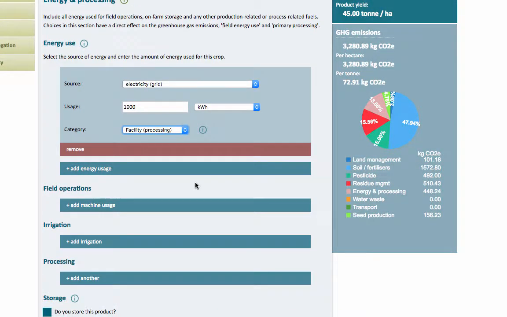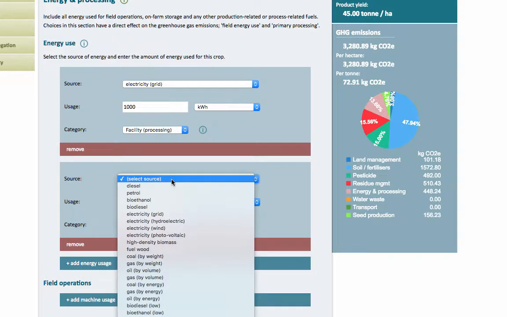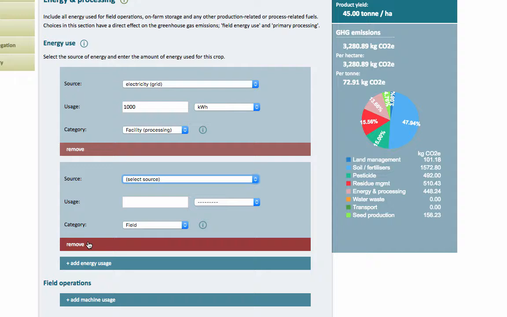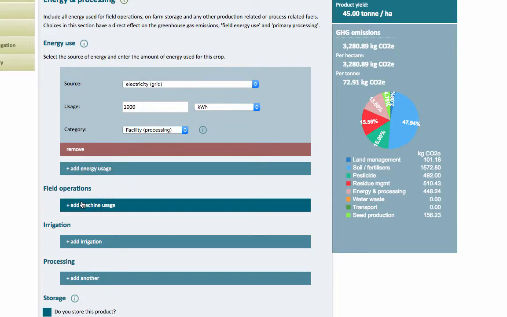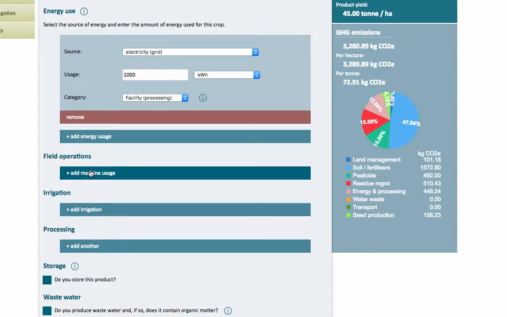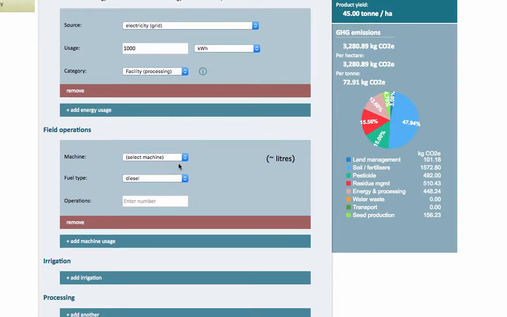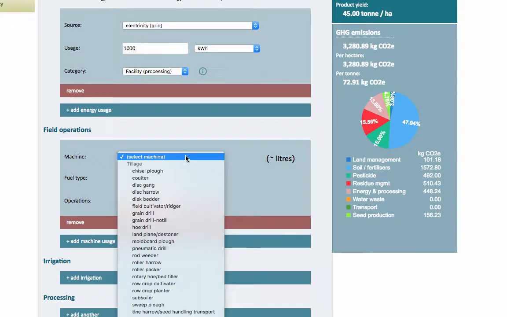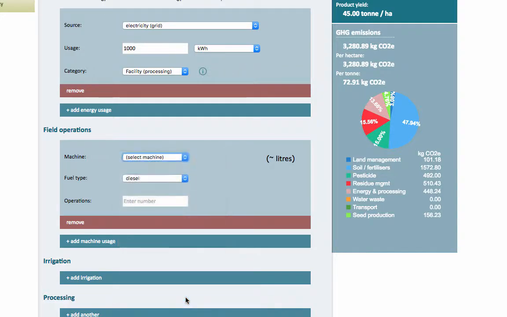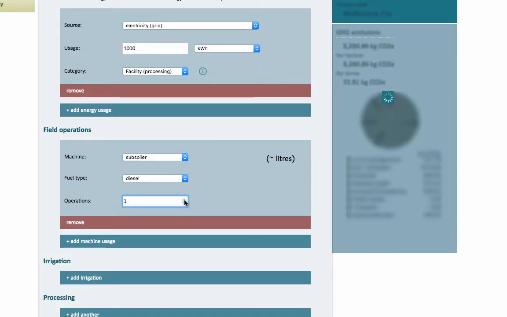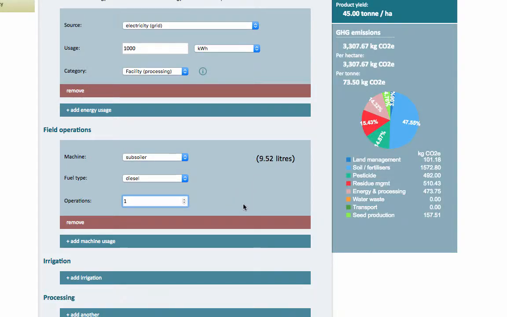So now I want to add field operations. So as I've said, we could put this in here and choose the diesel and the volume of diesel if we know it. I'm going to say I don't know that, so I'll remove, and I will go through this process of adding field operations. So we can add machine, so we can choose our machine. So I'll begin with a subsoiler, and fuel type is diesel, and number of operations I'll put as 1 operation,